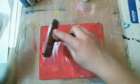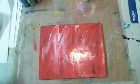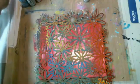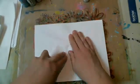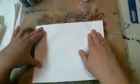I just lost my picture there. And make a little bit of a pattern in there with it. Might as well use this stencil again. I'm going to put it back down into the paint. Another piece of paper and remove a bunch. Quilt and frame it. I probably will, Pam, because isn't that stunning? It's gorgeous. Okay, so